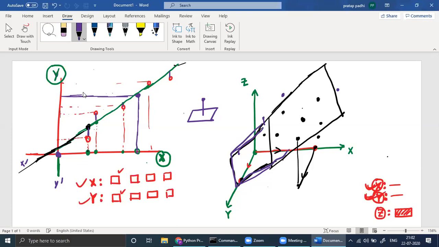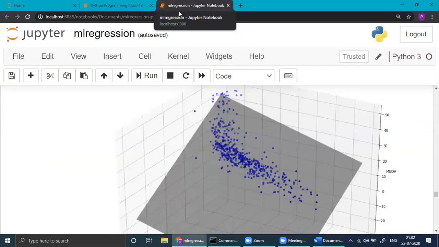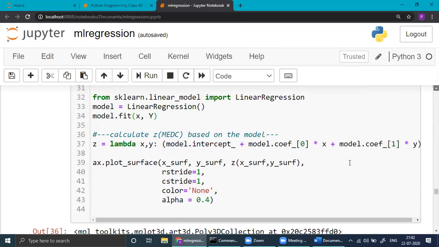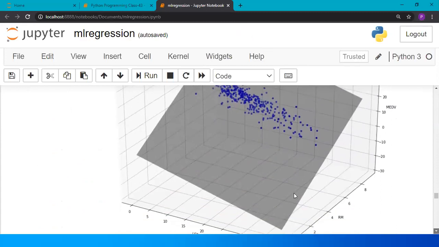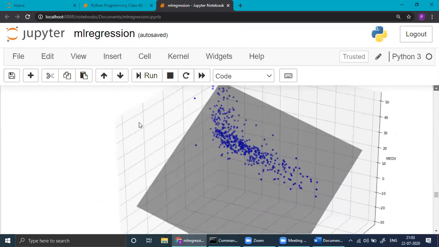So how can you draw a graph using Matplotlib? I will show you one here. We'll do this one in ML regression. In the ML class, the machine learning class, if you check, we have a graph of whatever I explained. These are the points. First of all, you need a 3D graph.